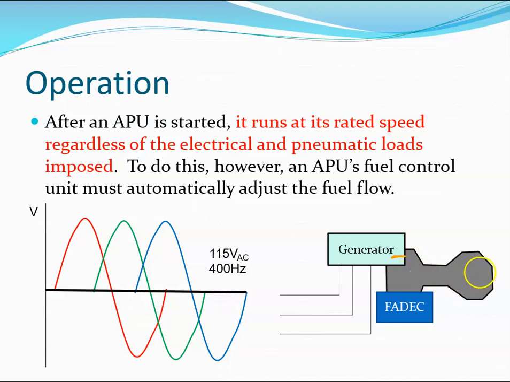So okay, we have a turbine here, and that's going through a gearbox then onto the generator. And aircraft traditionally would supply their AC power at 115 volts, 400 hertz. So to keep the frequency constant at 400 hertz, the APU ran at a particular RPM. Whatever that rated speed was, you kept it at that speed just to ensure we have 400 hertz coming